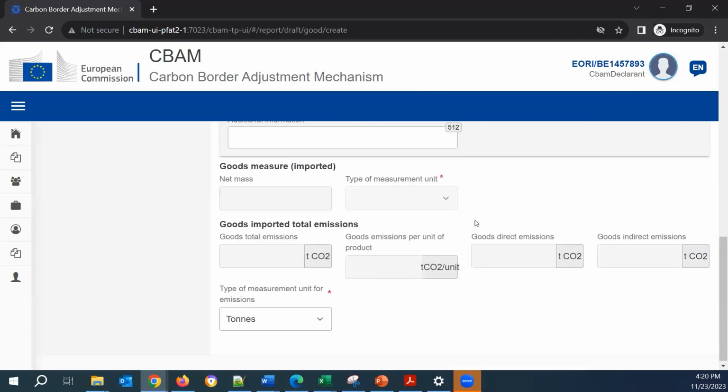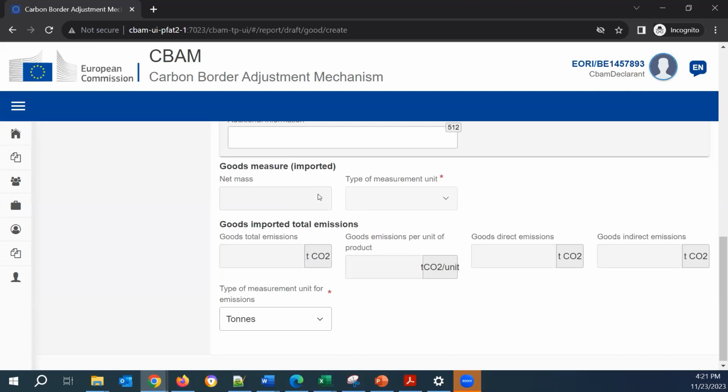If we move on, we see that there is the section, the goods measure imported. When you see goods measure, it means quantity. And you will see it in the two levels of the report, the goods imported level and the goods emissions level. As you can see, I cannot do anything here. These are disabled. Why?